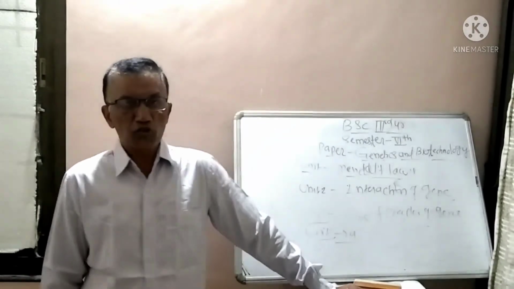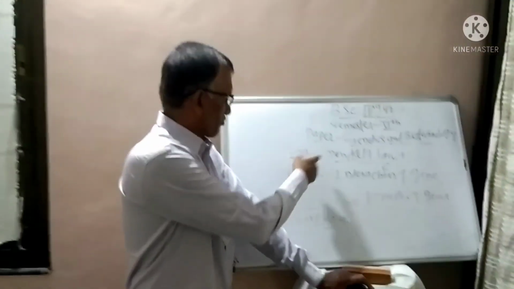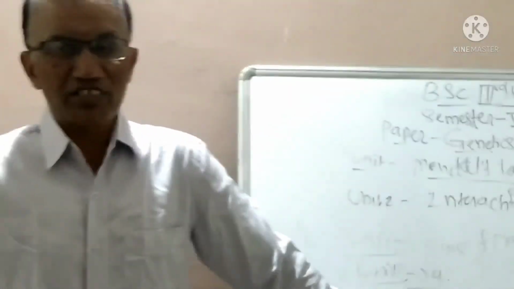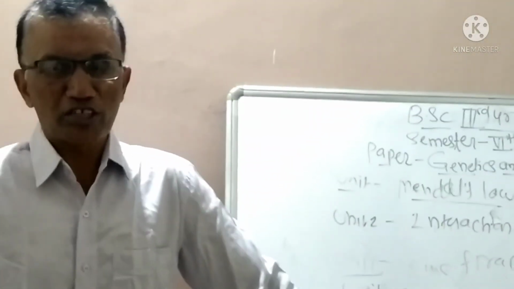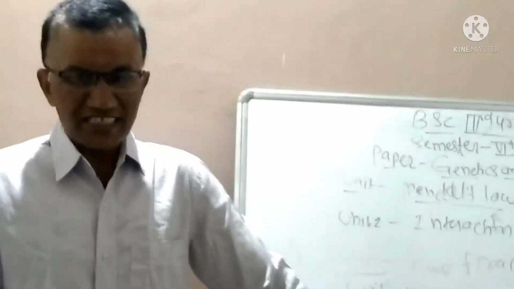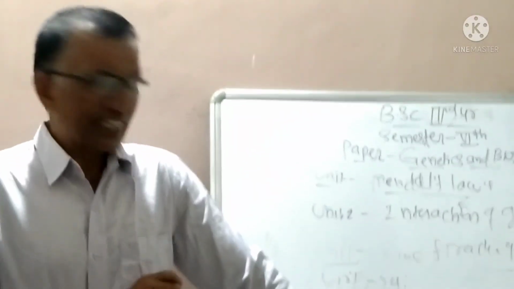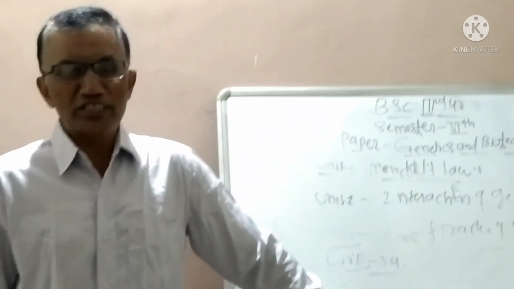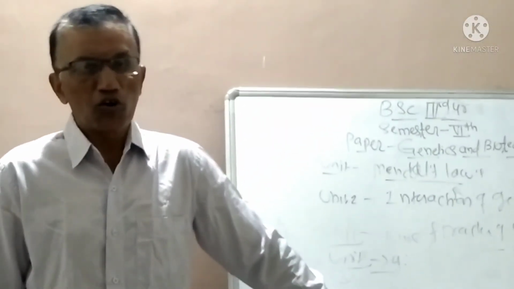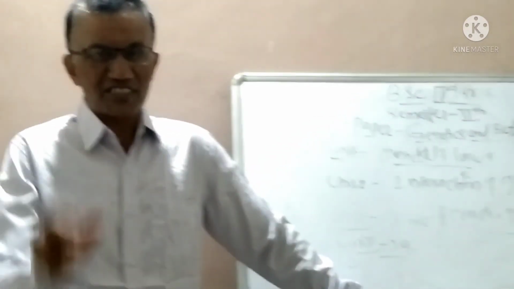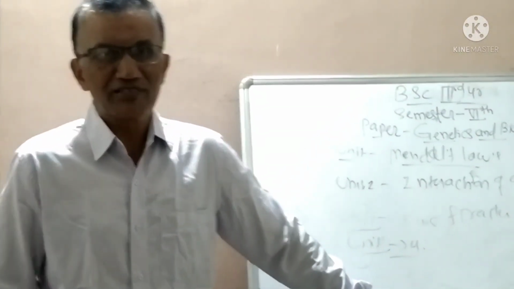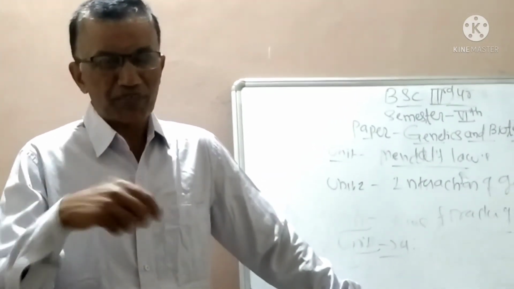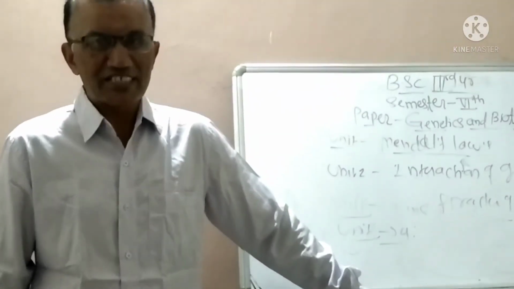Tomorrow we are going to discuss Mendel's laws. Before discussing the laws given by Gregor John Mendel, first you have to understand the historical background of the experimental work performed by Gregor John Mendel on pea plants, and the contrasting characters he considered to prove the inheritance of characters from one generation to other generations.